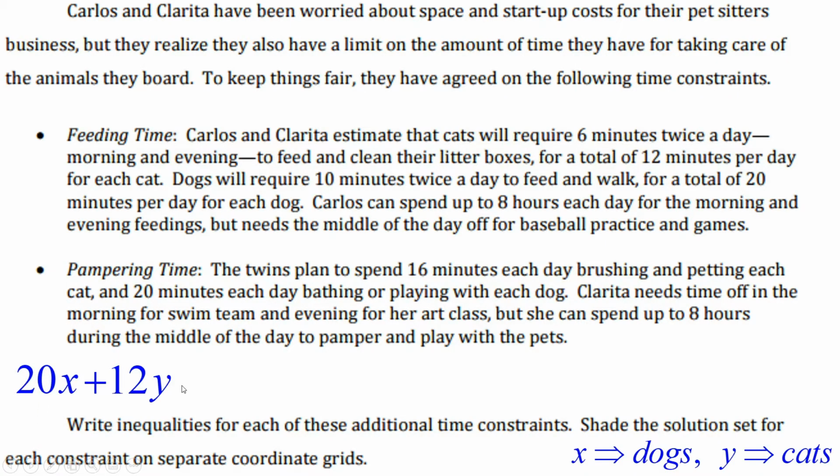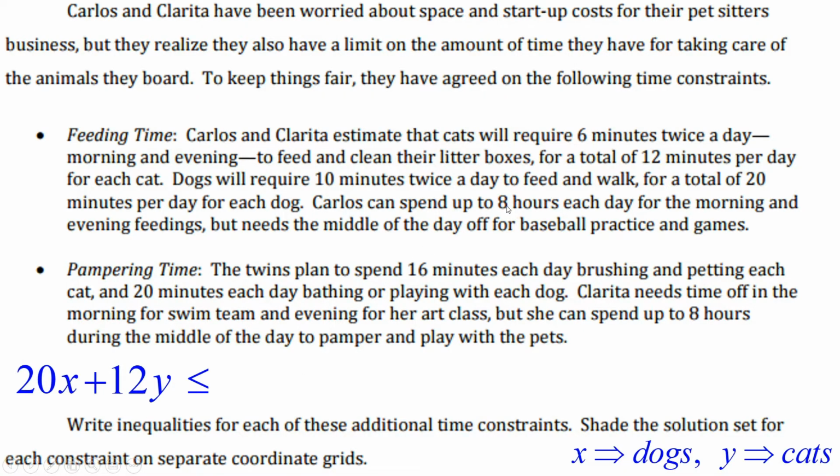Now, how much time do we have? Looks like Carlos is going to take care of the feeding. So Carlos can spend up to 8 hours each day for the morning and evening feedings, but needs the middle of the day off for baseball practice and games. So he has up to, and we know up to means this expression for time has to be less than or equal to